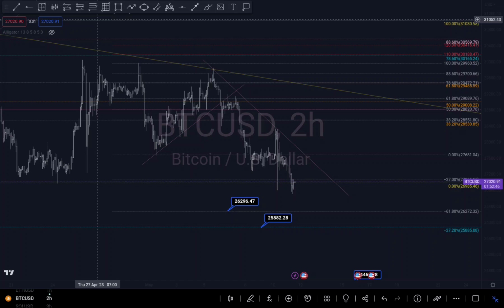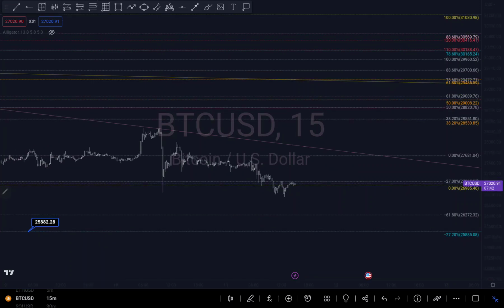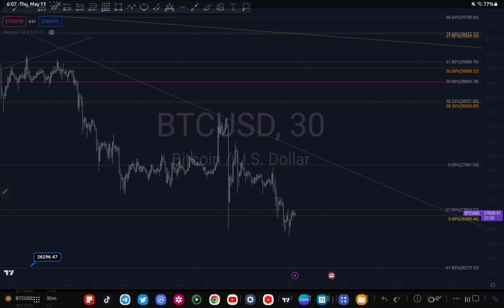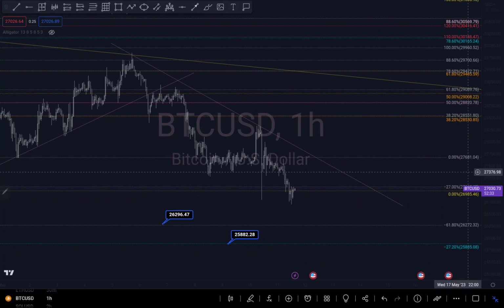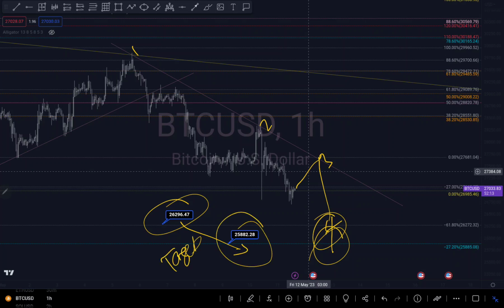So what am I seeing right now? The current price action hasn't really given me much to work on the buy. So based on what I'm seeing right now, I'm just going to predict that we might push up to this level right here, to this trend line right here. We can see one touch, second touch, and a possible third touch. Both my first target and my second target are around this level.